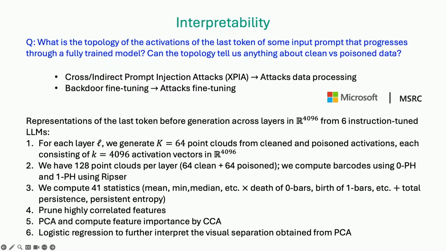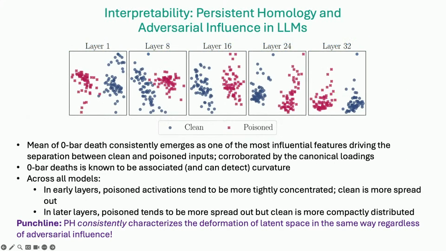We looked at all these models. There's a process to compute persistent homology from them, but that was the idea: let's compute persistent homology. It turns out that for these two very different types of adversarial attacks, we're able to separate clean and poison data from each other. This opens the door to saying persistent homology can be a powerful tool for understanding adversarial scenarios, because for very different types of attacks, the adversarial machine learning community would have to use different tools, assuming you know what type of attack you're looking at, which might not always be known.